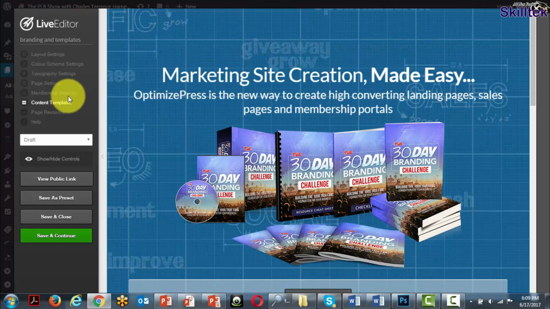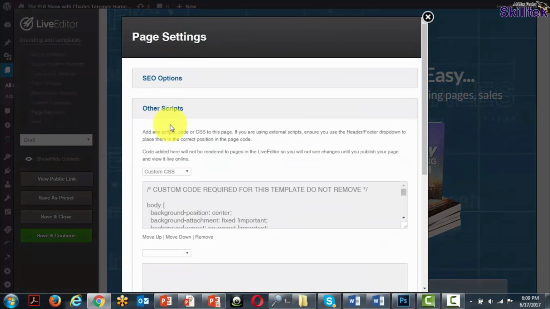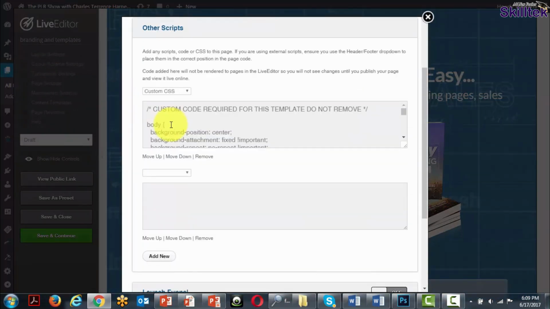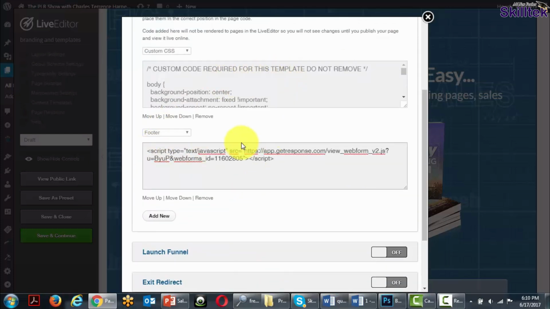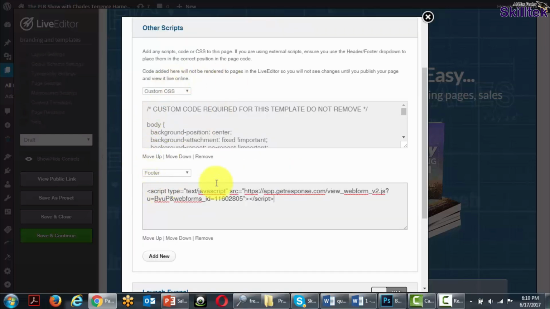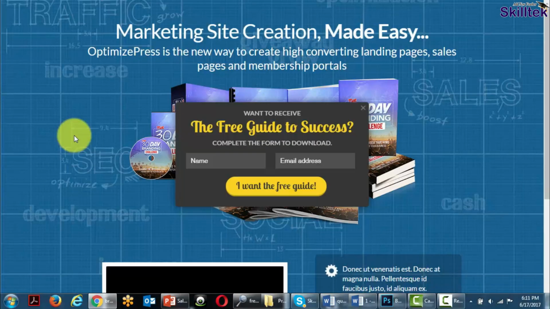We would then inject the code into a place where our scripts are going to be held, and then we're going to save it into our page builder. Now, every page builder is going to be different. Every autoresponder is going to be different, but you are going to have to get a code. You are going to have to put it either in the header or footer area of your page builder and then save. And what happens is when the visitor actually comes to the page, this form will eventually show up